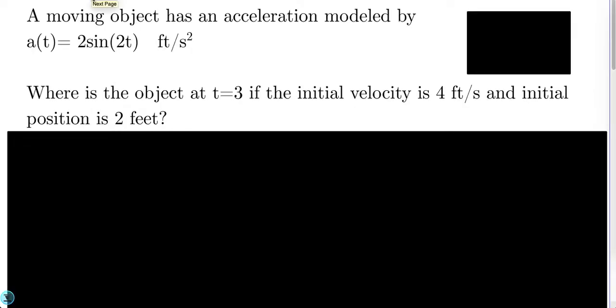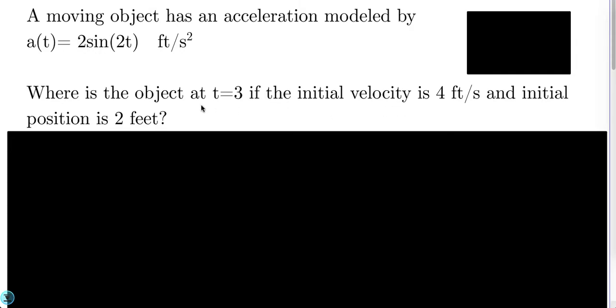Here we have a deceptively, I don't want to say simple looking problem, but one that's fairly innocuous at first. It actually has quite a bit of meat to its bones. It says a moving object has an acceleration modeled by this function, 2 sine 2t feet per second squared. The question is, where is the object at time t equals 3 if the initial velocity is 4 and the